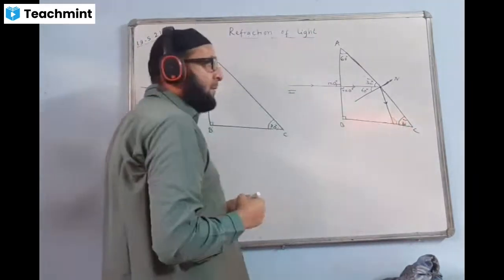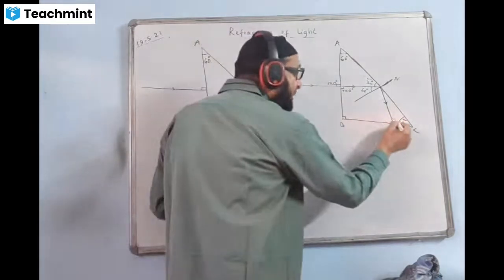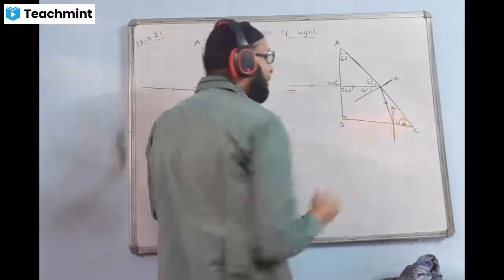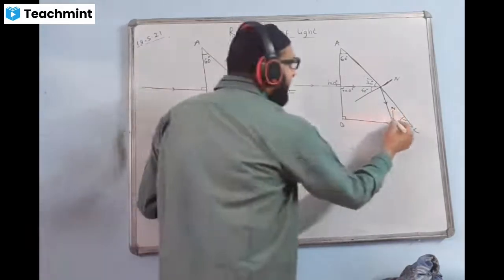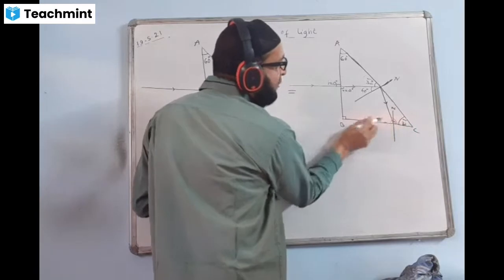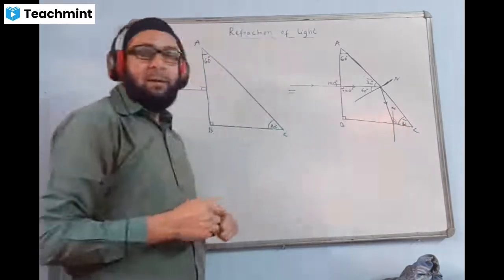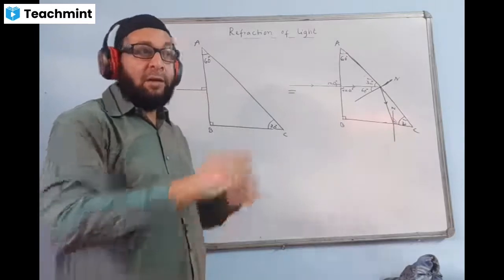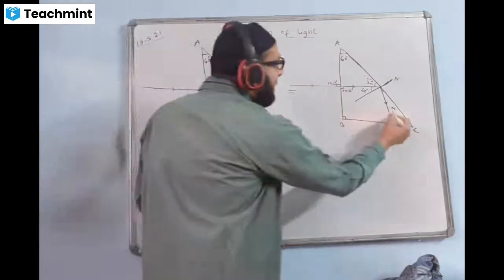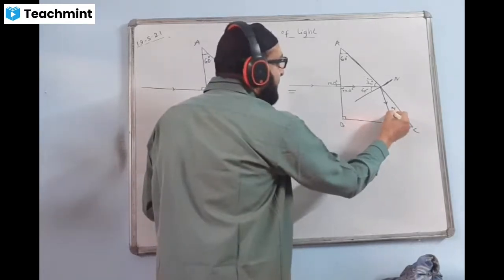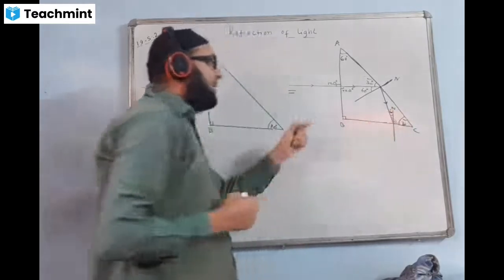120. Now we'll draw a normal line here. New normal line will be drawn here. You know, normal makes an angle of how many degrees? 90 degrees. 120 is the whole thing, and if you draw the normal, it makes an angle of 90 degrees. So 120 minus 90, I'll find the remaining angle here. The remaining angle is the angle of incidence here. This is coming 30 degrees. Yes, very good. 30 degrees.